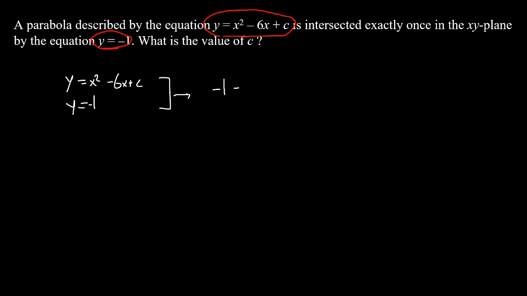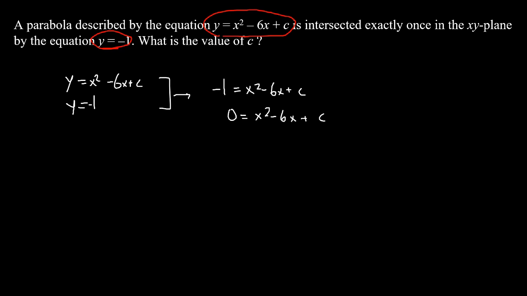So if you see two equations, chances are it's probably going to be a system of equations question. So you're given y equals x squared minus 6x plus c, and also given y equals -1. So y is equal to y, so let's set these things equal to each other. So we're going to get that -1 is equal to x squared minus 6x plus c. And we can add 1 to both sides to get 0 is equal to x squared minus 6x